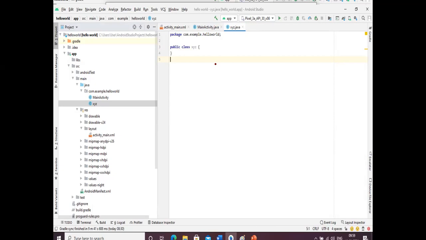Now next up we have the virtual device. If you are working on mobile development, that too Android, it is required for you to have a virtual machine, because you may not have a device available at that time. And if you want to receive any calls, it will be a problem for the system as well.